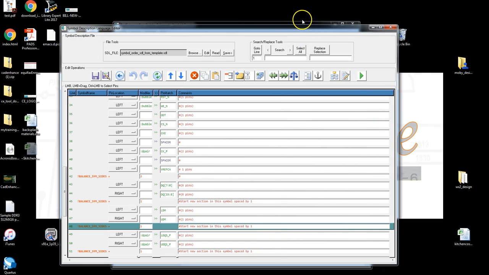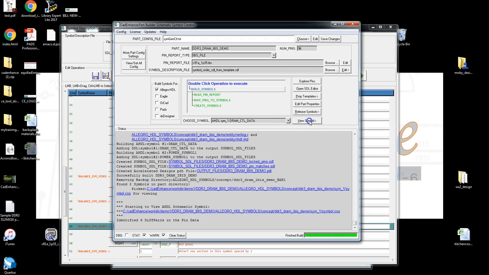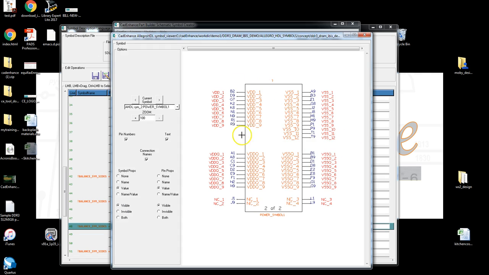And then let's look at the other symbol. So we also created a power symbol. And that looks just like we expected. We put the VDD on the left, the VSS on the right, the VDDQ on the left, the VSSQ on the right, and the no connects on both sides. And here's the amount of space we have, so we can add wires and add decoupling caps when we put